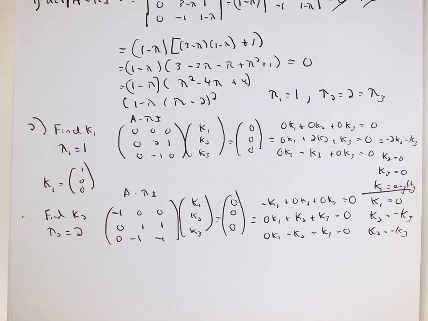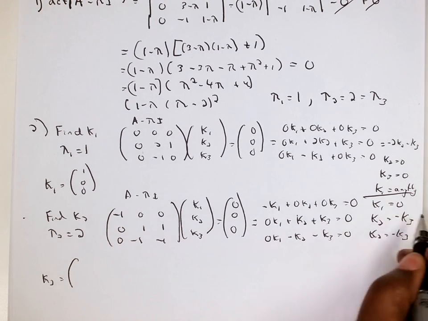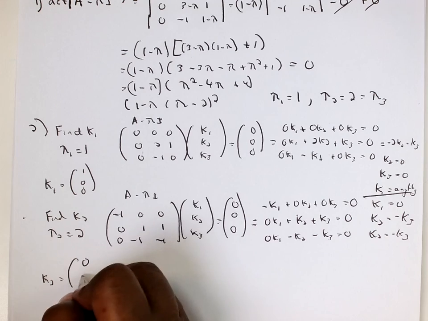So again, just to make life simple, we know that K1 is 0. We'll use 1 for